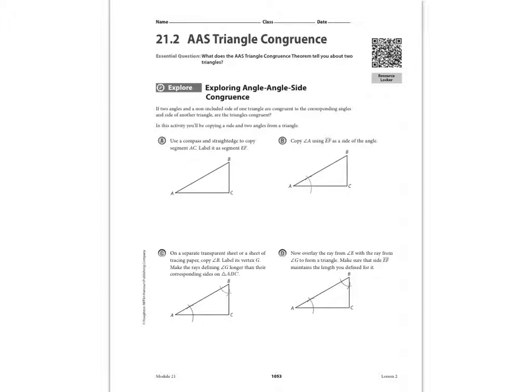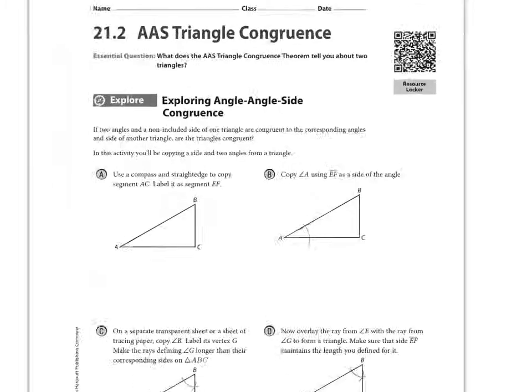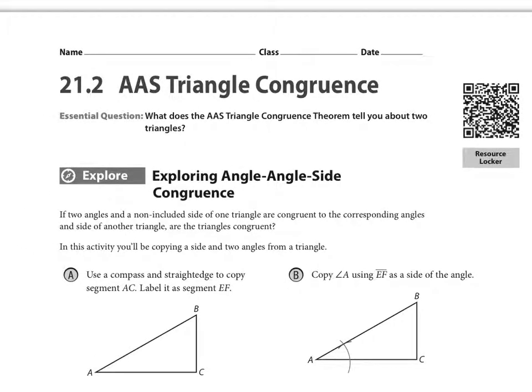Here we have lesson 21.2, AAS Triangle Congruence, and we're in a new module here. But in the previous module, module 20, we saw 3 theorems for triangle congruence, in addition to the use of CPCTC. So just to recap, in lesson 20.2 we did ASA, the next lesson was SAS, and then in 20.4 we did SSS. So we have those 3 theorems, and here is the 4th one, AAS, which stands for, you've probably guessed it,